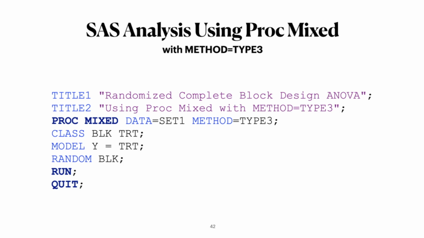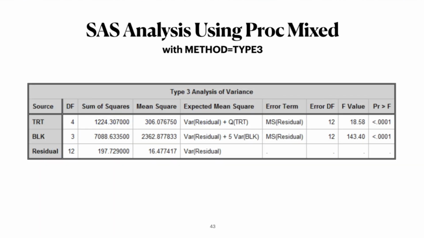If I issued something like method equal ML for maximum likelihood, or method equal REML for residual maximum likelihood, which again is the default, then it would give me results for the significance of treatment, which is really what I want, but it would not put that into the structure of an ANOVA table like we have here. But I wanted to produce this kind of output so that we can compare the results that we got, in particular the sums of squares for both treatments and blocks, and residual or error, the mean squares, and then the